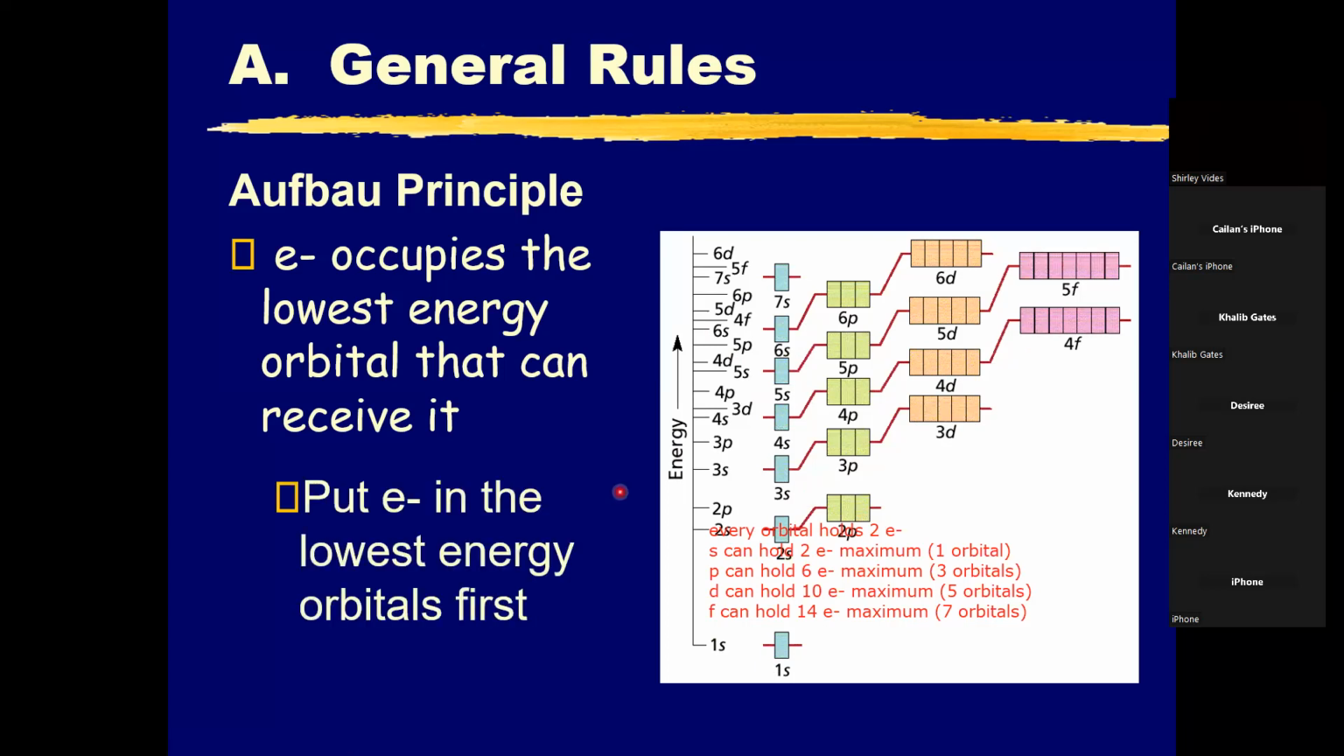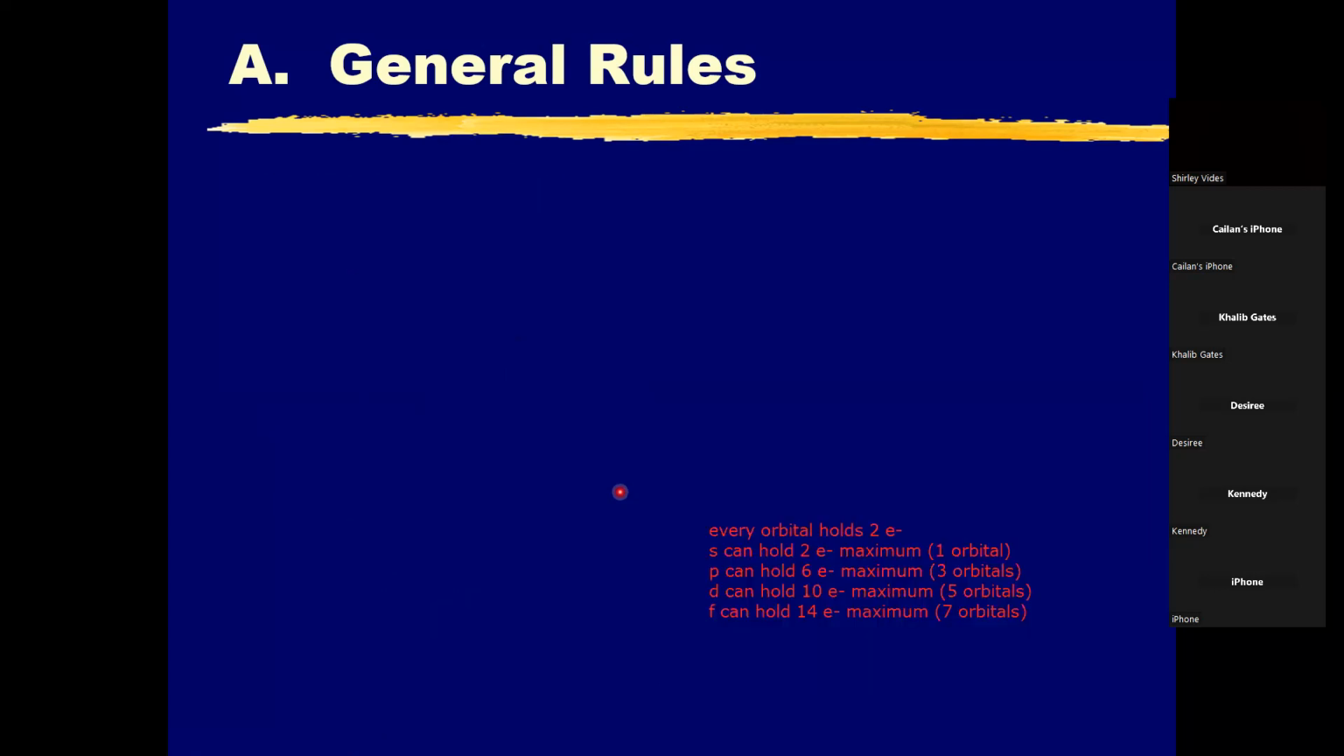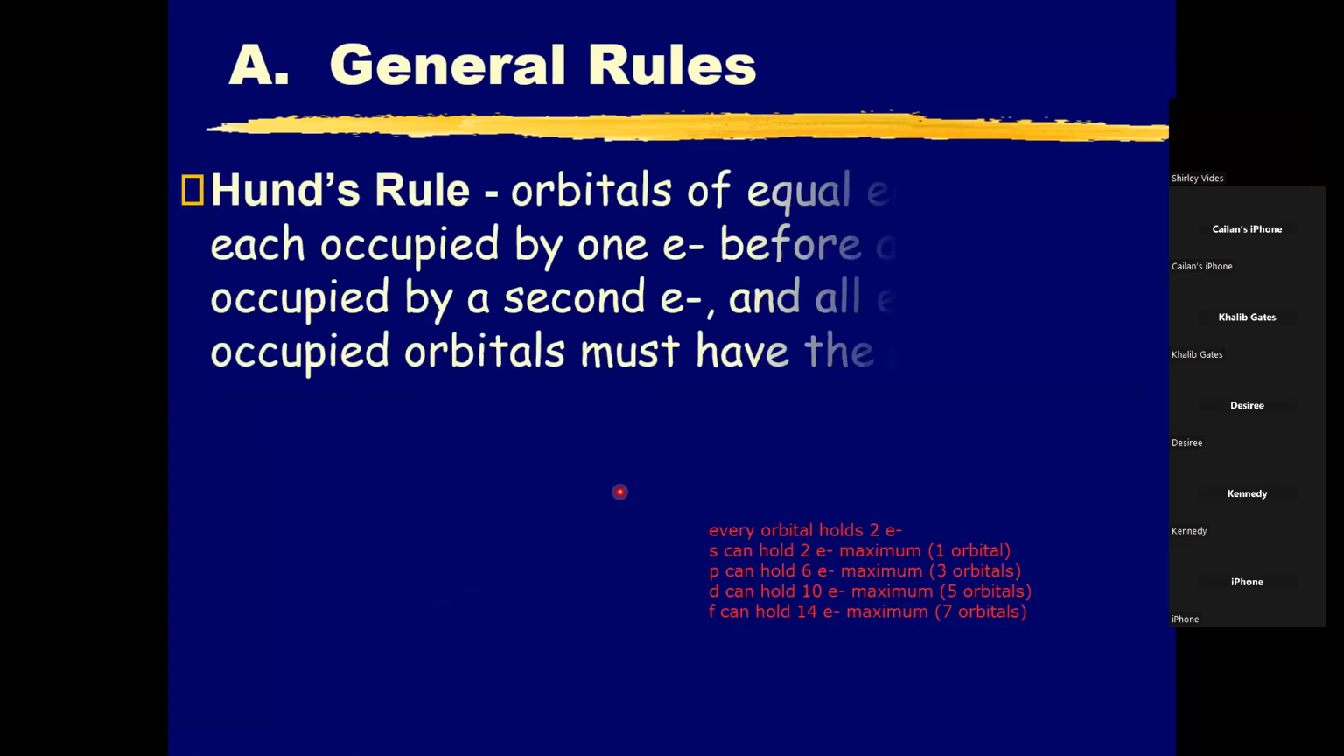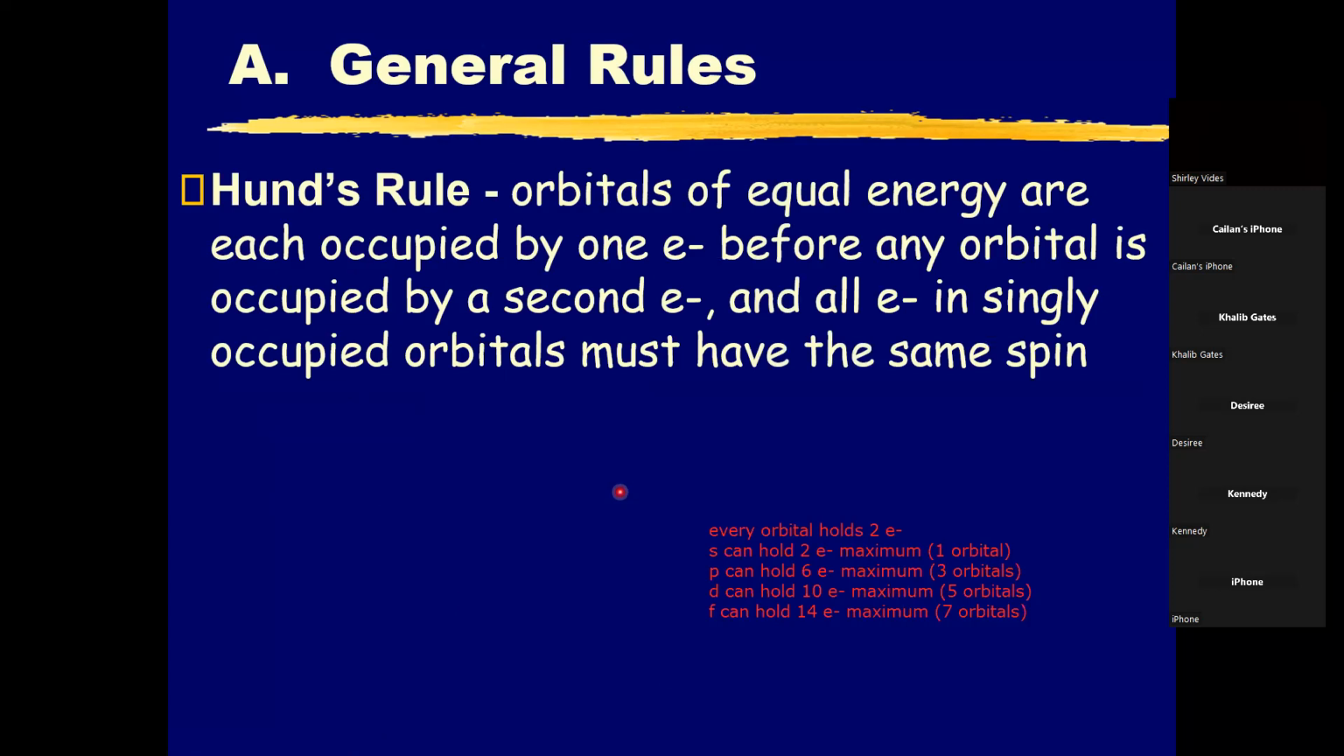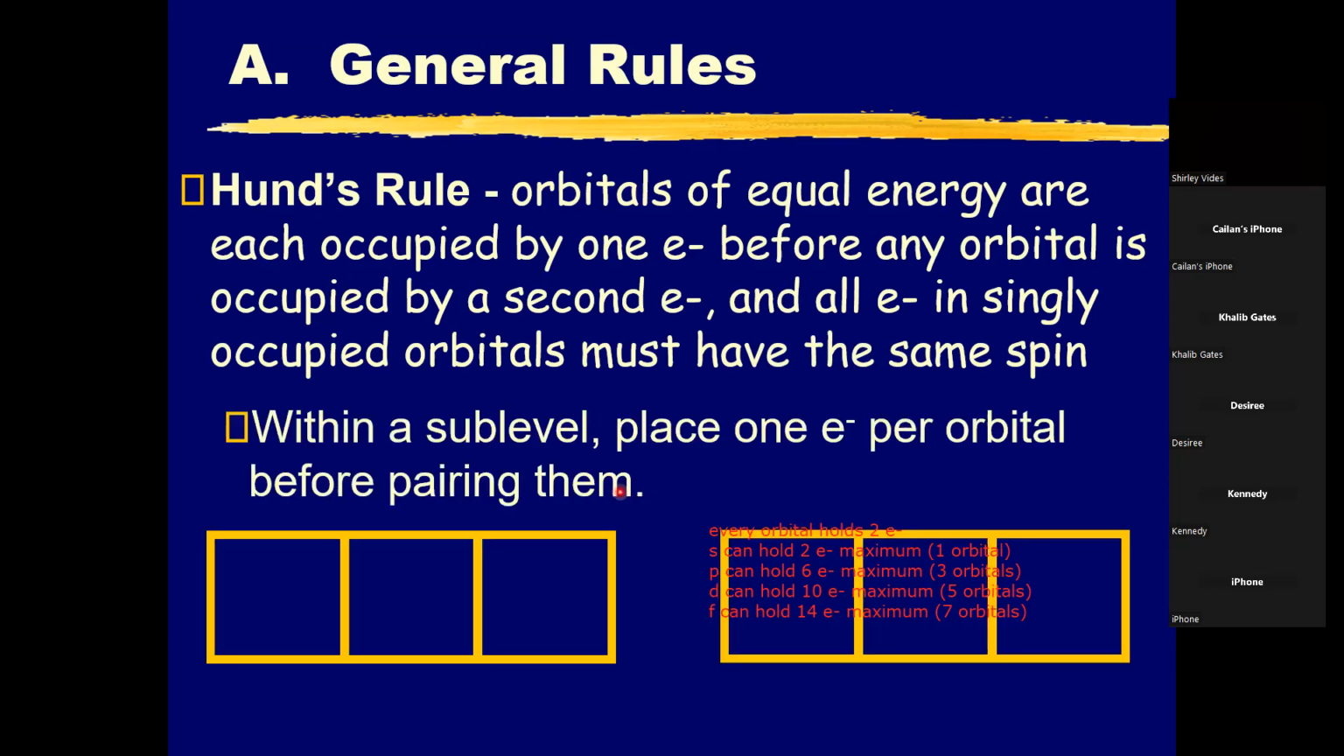Okay, that's all it means. Next, the question, Hund's rule. Hund's rule states that orbitals of equal energy are each occupied by one electron before any orbital is occupied by a second electron. So based on that,